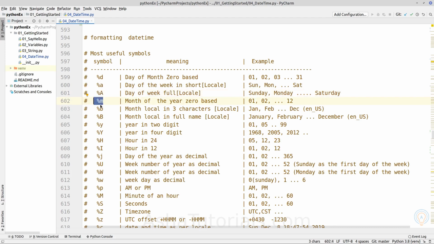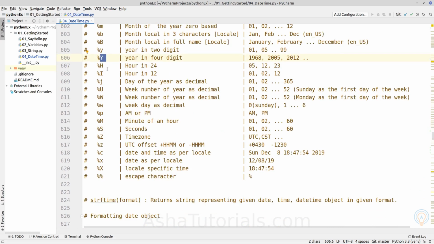%m for the month of the year from 01 to 12. %b for the short month name like Jan, Feb, which will also be printed as per the locale. %B for the full name of the month. Small %y for year in 2 digits, capital %Y for full year, capital %H for 24 hour time format, capital %I for 12 hour time format,